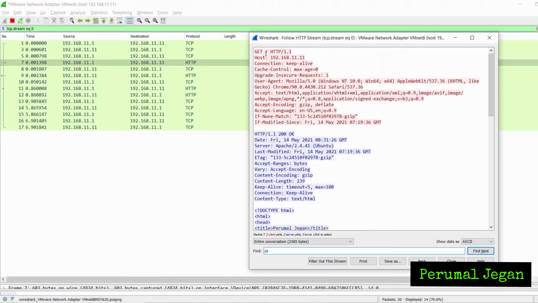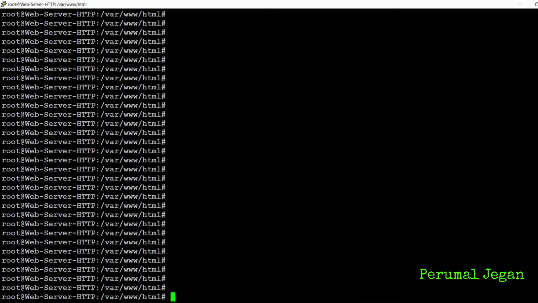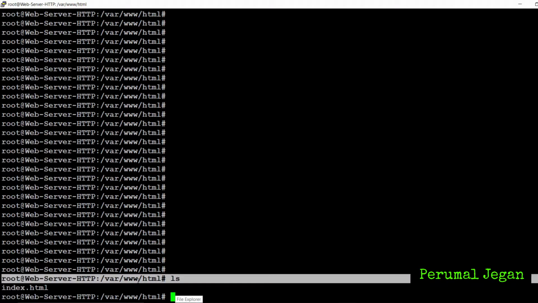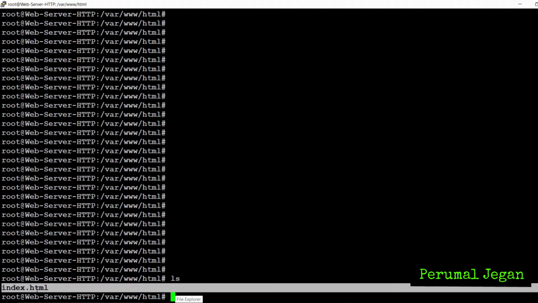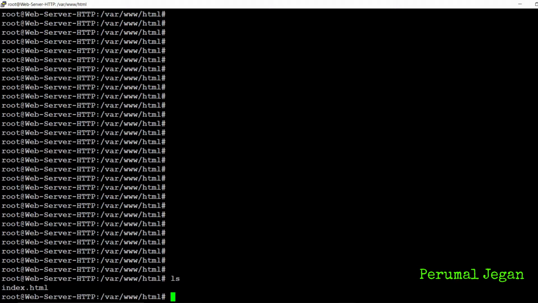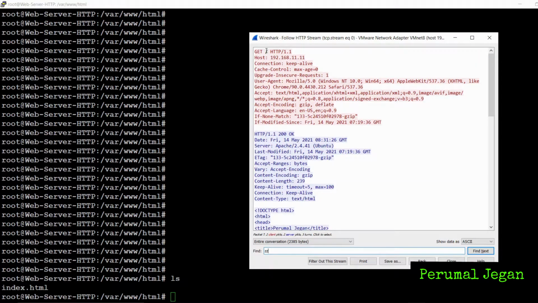And the next one, can you see this forward slash? This slash is nothing but the path. So this is my web server CLI. I am using Apache web server. For Apache web server, this is the default path. This is where the index HTML page is present. So I just added a default index HTML document alone in this default page. Hence it shows only the forward slash.